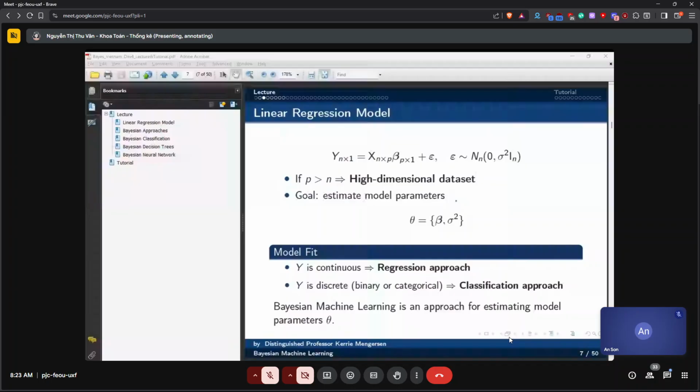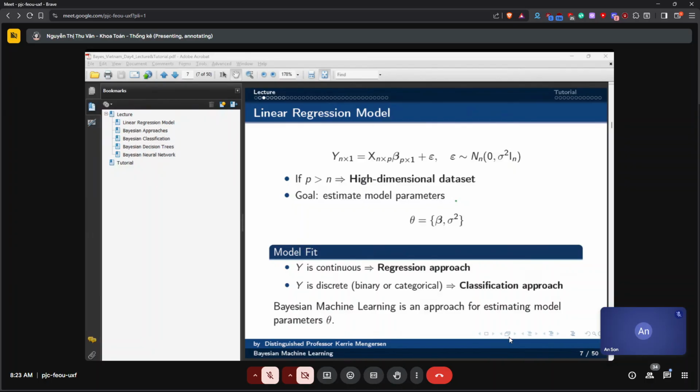So we might have a binary outcome: yes, no, true, false, dead, alive. And we might have categories: red, blue, green, or high, medium, low.